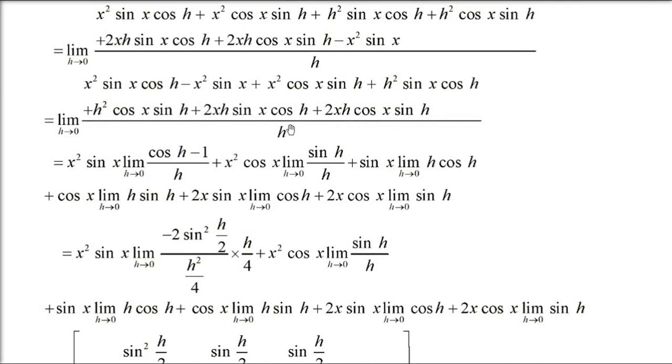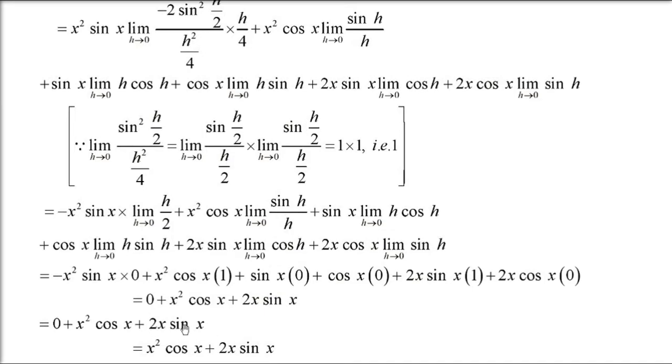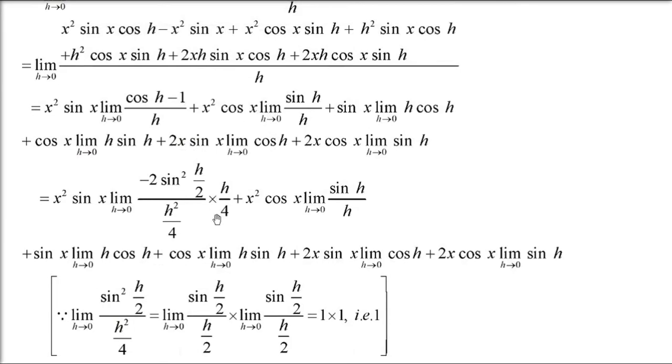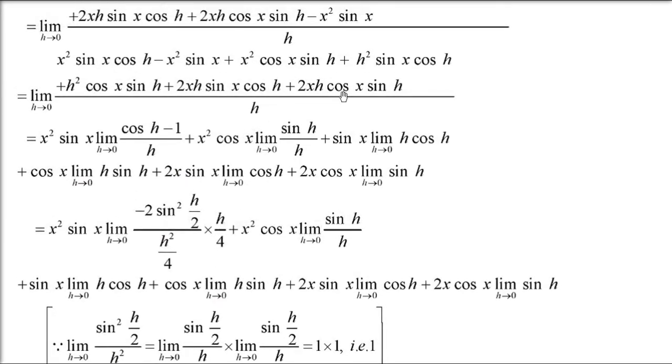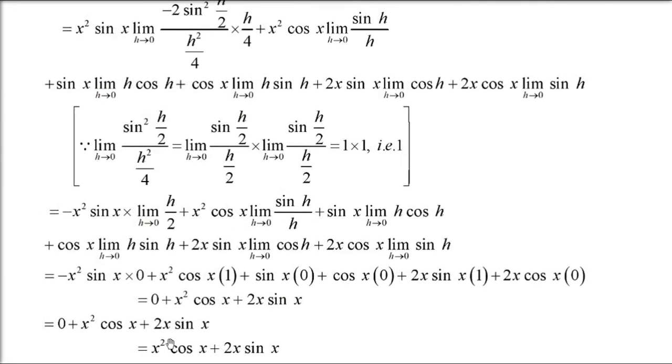Now coming to 2xh sin x cos h. So h is there, so 2x sin x cos h will come because h gets cancelled. So 2x sin x cos h. When you take this cos h and apply the limit, cos 0 will be what? 1. So you'll get 2x sin x. This is the term. Okay, x square cos x was there, the second term also we got. Now coming to the last term, 2xh cos x sin h. Now divide by h gets cancelled, so we have 2x cos x sin h. Now again sin 0 is going to be 0. So this whole term will also get eliminated. So yeah, x square cos x plus 2x sin x, this only will remain.